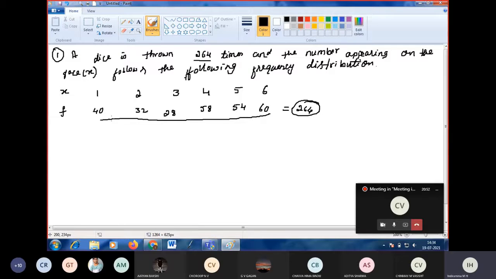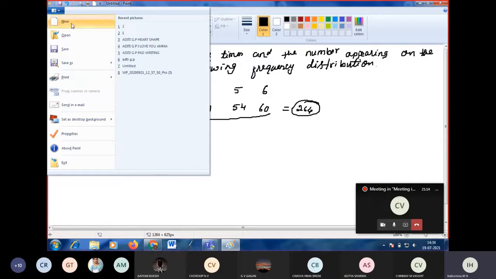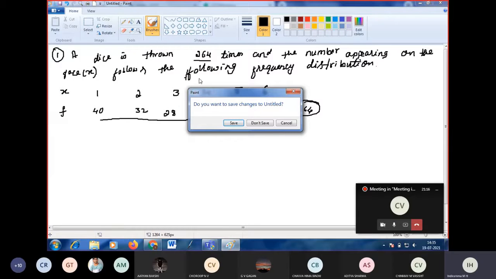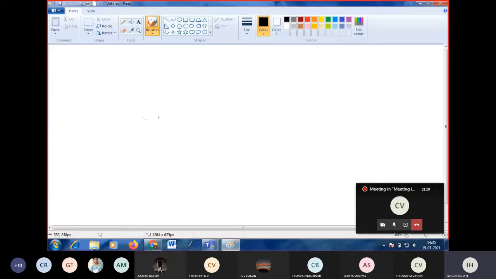The question has been given like that. Okay, leave this problem, I will sort it out. I will check it once again, but it is there in the question, so I will check it once. Leave that one question. The frequency is like that only; if you add that, you should get the total number.